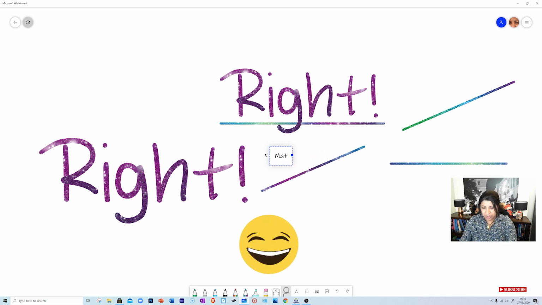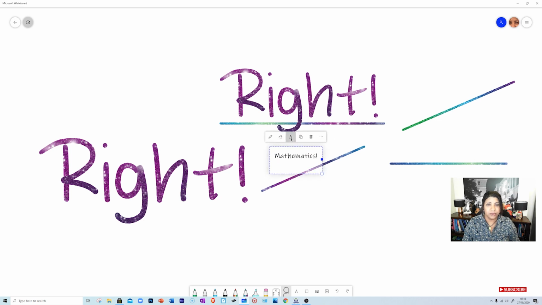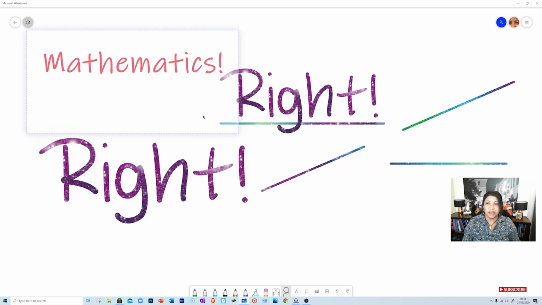Oh, what should I do? I'm going to be biased. Let me be biased for once. I'm gonna type mathematics. All right, so there you go, mathematics. And I want to change the color of this, so I'm gonna select this. Actually, you can just select this like that, and then go to font and change the color, and you can make it big if you want, and you can also like it